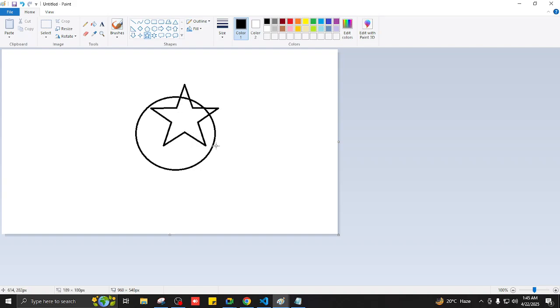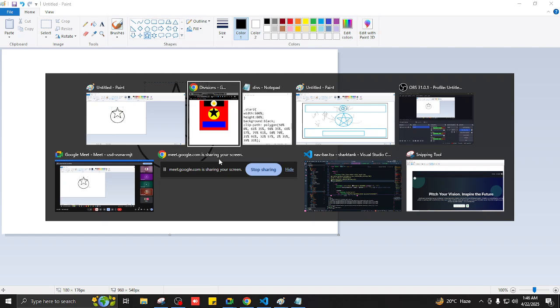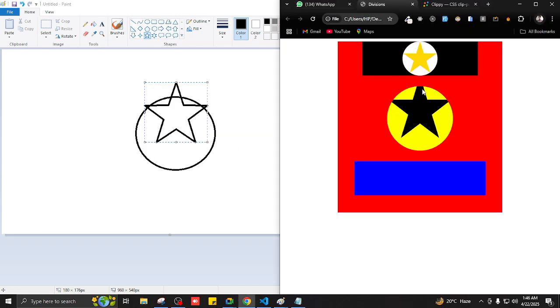So what's happening right here is the upper part of the child is outside the parent. But what we did with the parent was we cut up the parent. So is it logical to see anything that is beyond that cut up space? No. So that's why we can't see the star outside the parent, because the parent is cut up